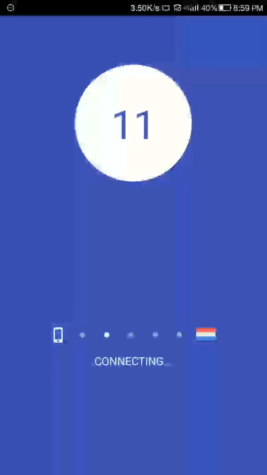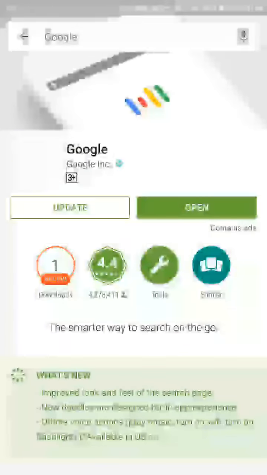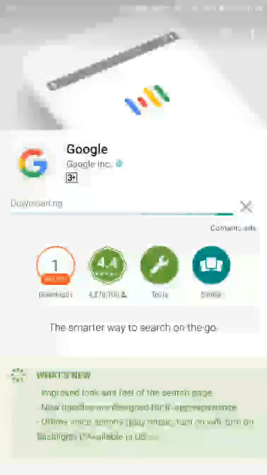Now everything will load very fast. Now see how fast this is. After just doing a simple step, your phone will run like a masterpiece. Everything can load, anything, whatever you want. I will show you a demo. I will update Google, and I have pressed on update. Sometime, just a little bit.